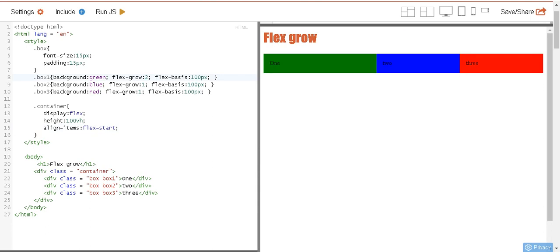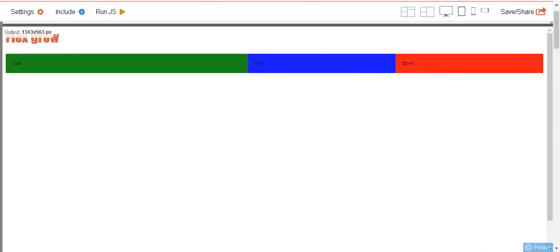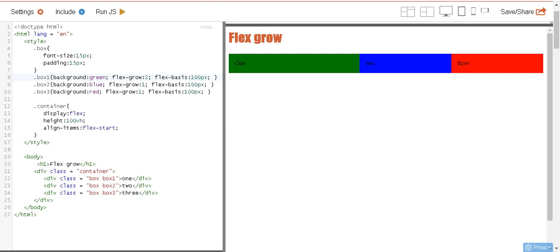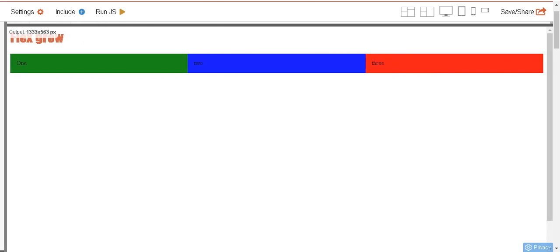Now the flex grow property, we use this to set the flex grow factor. In case of excess space in the container, it specifies how much a particular flex item should grow. So here you can see we have given the first element flex grow factor as 2, and the rest of them have 1 and 1. So it will always grow in the proportion of 2:1:1. You can see on the screen easily how it is growing. If I'll make it 1, means flex grow factor is 1, now it will increase in the proportion of 1:1:1.